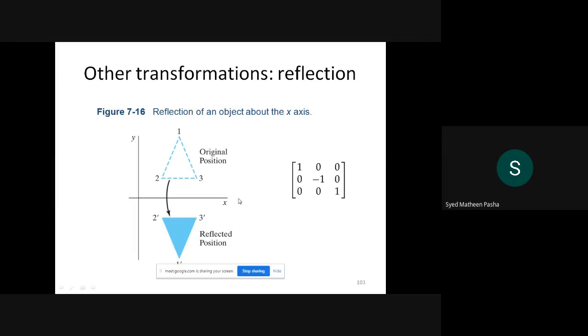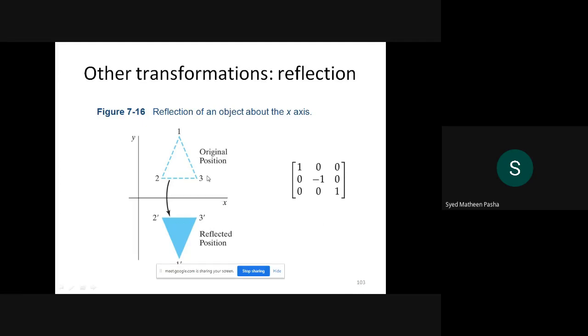So I can define reflection in this form with respect to your 2D transformations. Then for reflection about a particular line, if I say y with respect to the x-axis, I can perform the transformation with this matrix form, where you have the values 1, -1, and 1 on the diagonal, where the value of x remains constant but the value of y is flipped.